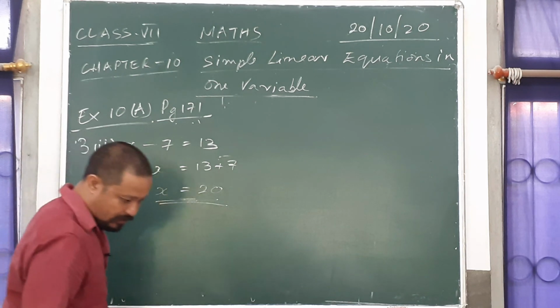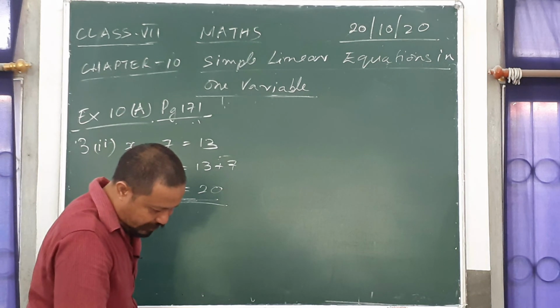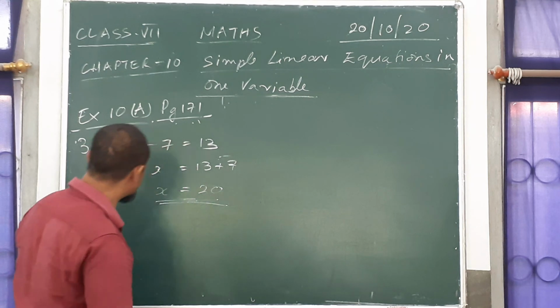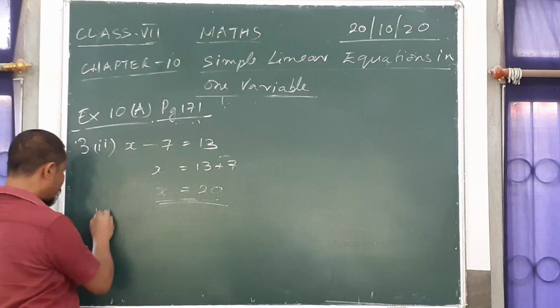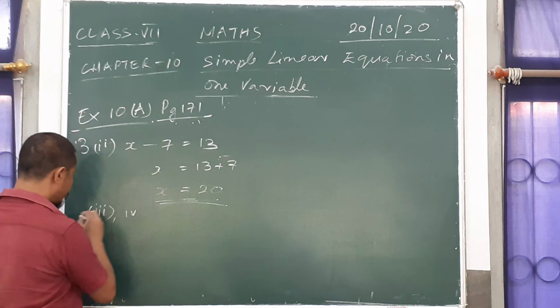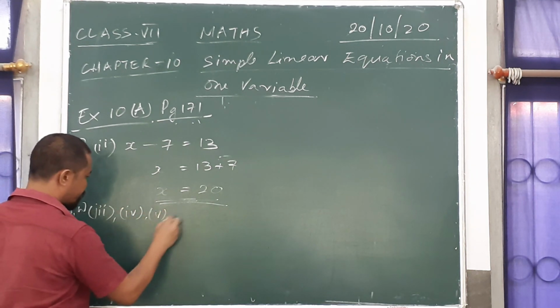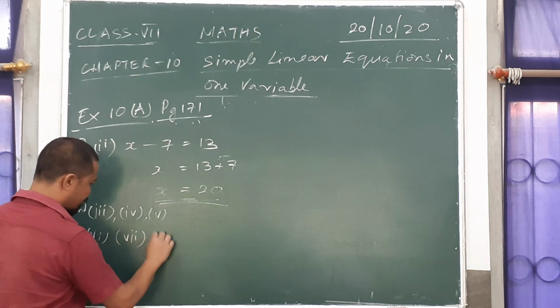Okay, so I would love if you would do from number 2 till number 10. If you can manage it, from 2 till 10. Anyways, I'll be posting number 3 to 10, the answers, on my WhatsApp page later on. Okay, so your homework will be 3, 4, 5, 6, 7, 8,